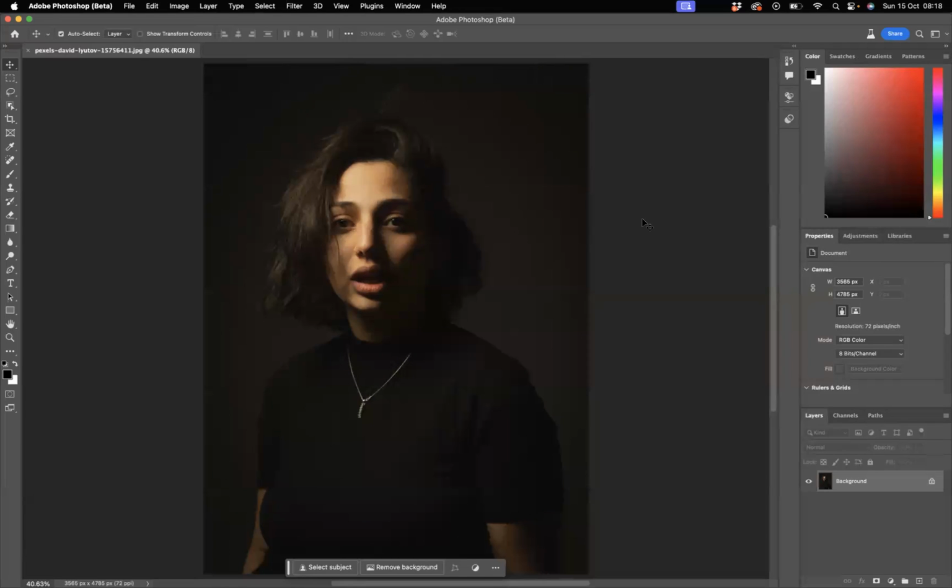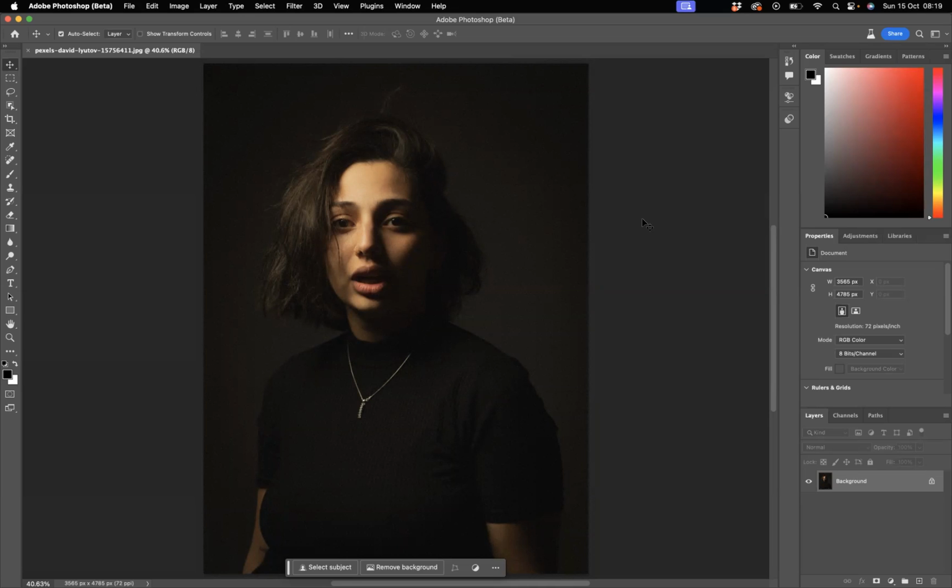What I'd like to do today, guys, is show you how you can apply a DuoTone effect with just one click in the new Adobe Photoshop Beta software. Basically, they've introduced a new update onto the beta version of Photoshop, and they've introduced something called parametric filters. They're cool, powerful filters that we can apply to our imagery. So just take the steps that I show you today, and I guarantee you'll be able to create something really